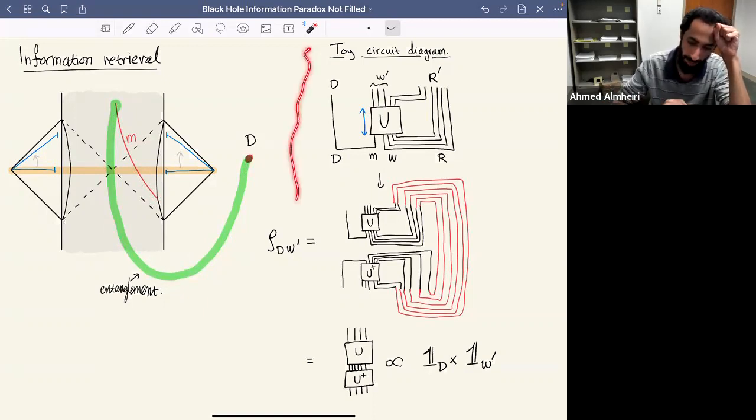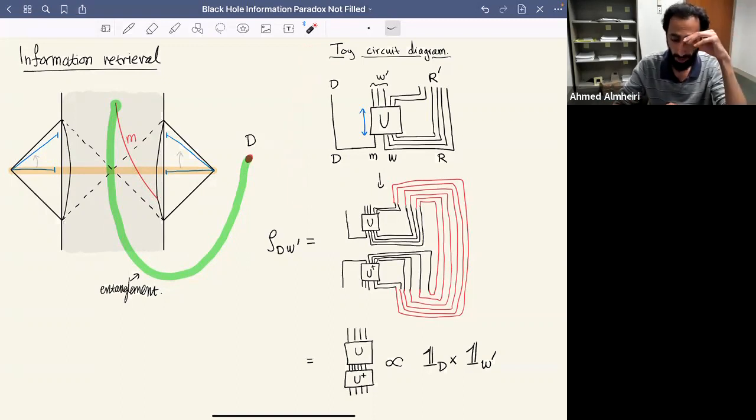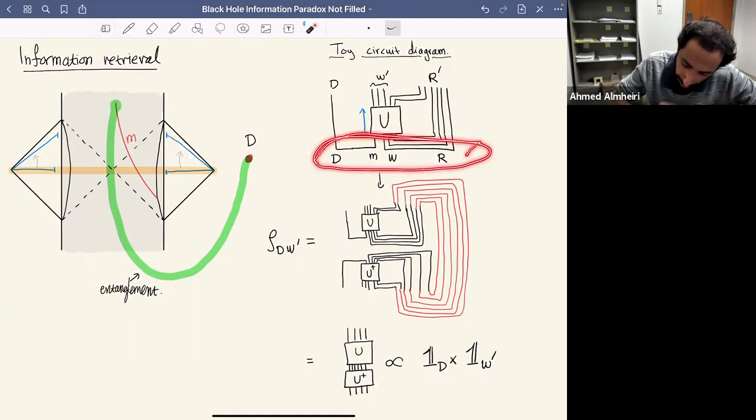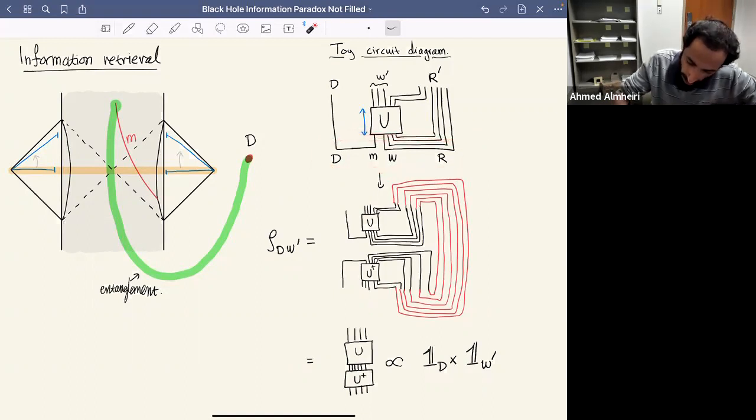Here on the left side, I'm describing a toy circuit diagram for something like this, but it's for the case of an evaporating black hole. The same lessons apply even in this case. Let me go through the circuit diagram. If you look at the quantum state here, W is the wormhole or the black hole. It's maximally entangled with the radiation. And imagine that you throw M into the black hole, which scrambles, and M is entangled with this external system D. After some amount of unitary evolution, some scrambling,